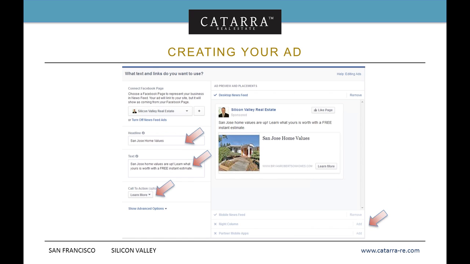Okay, and there are advanced options. Under advanced options, I did not open the drop down because it's kind of a waste of time, but if you're curious, if you were to click that, it would give you the option of putting even more descriptive text in this ad to describe what you're doing or what you're offering. Don't do it. It makes the ad busy. Too much text tends to distract from the picture, and you want people to focus on the picture. Okay, that's what gets people's attention.